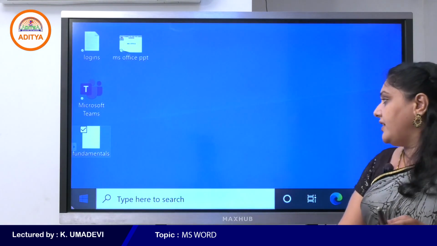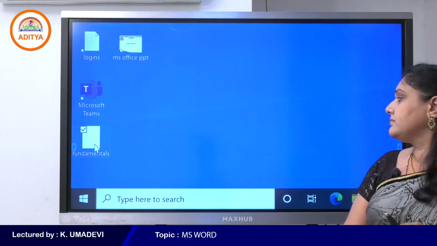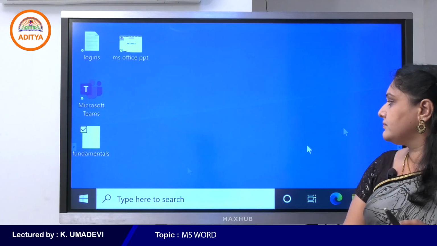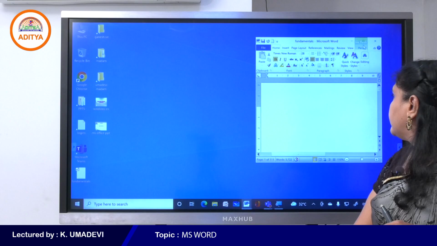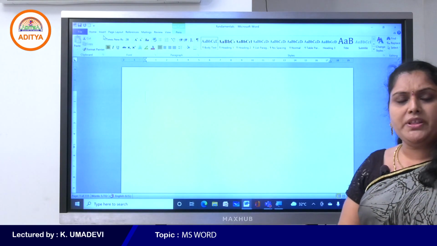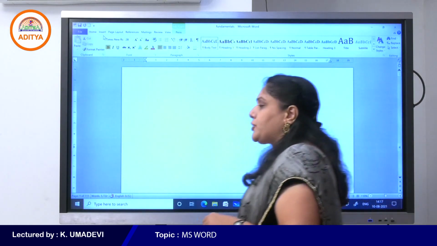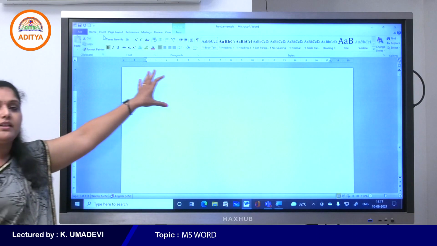Okay, so again I'll open the same document. One second, students. So when we open MS Word for the first time, automatically the Home tab commands will be opened on the ribbon.